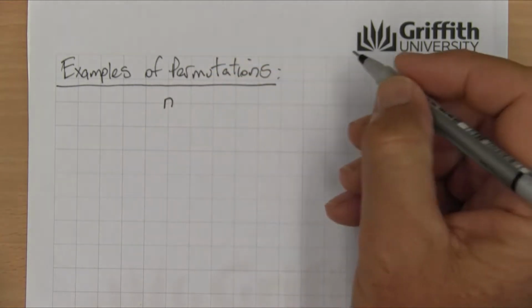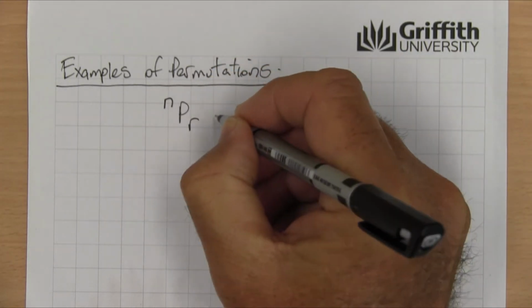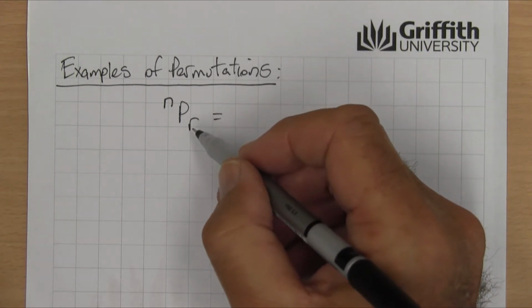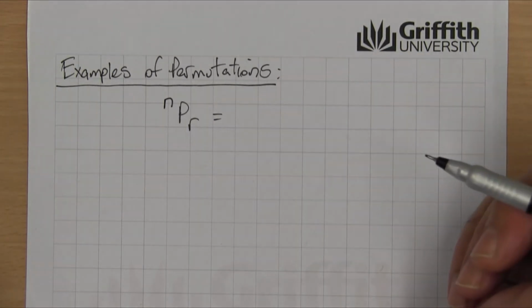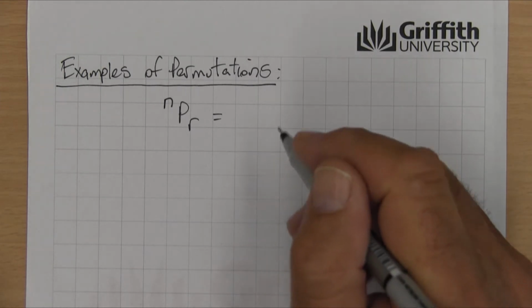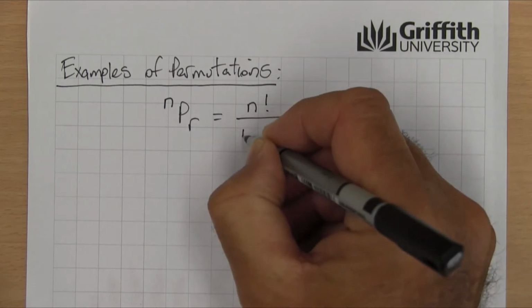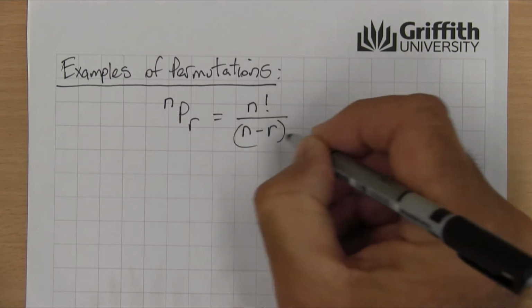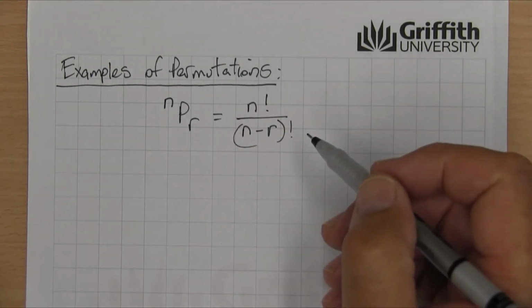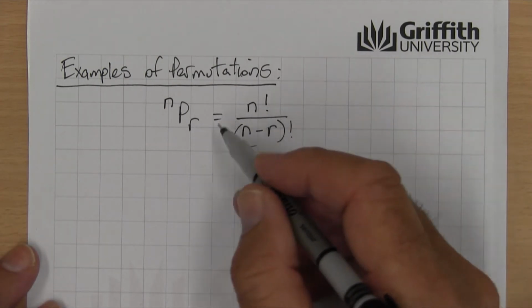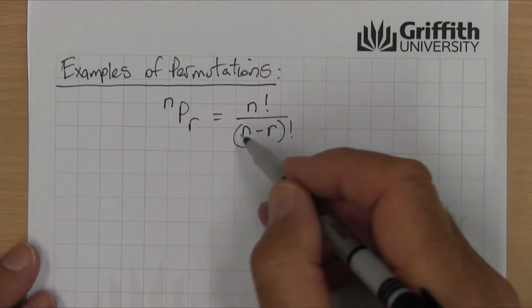We've developed the concept that nPr equals the number of ways that you can choose r objects from n objects where order is important. And we've developed the rule that that's equal to n factorial over (n minus r) factorial. Okay, so we'll just see how we can put this to use to count the number of ways that certain